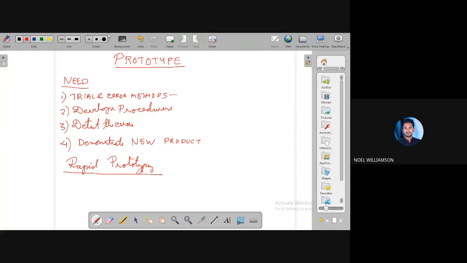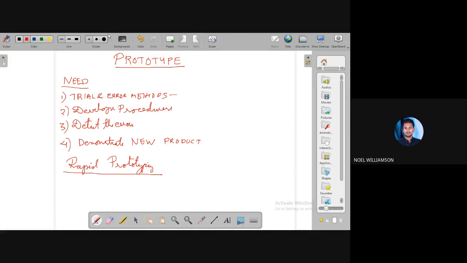Already discussed, there are many trial and error methods through which the developer is experimenting on the prototype. So as a result they will continuously change the design,